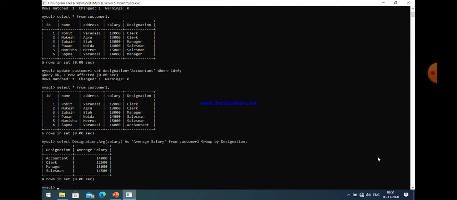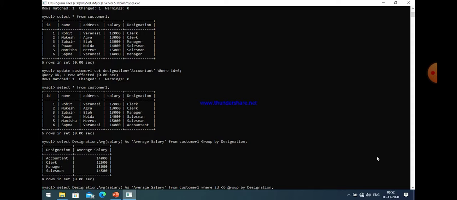Let us write this command again and insert a condition. If a condition exists, just write it before the group by clause. It is a very important point.